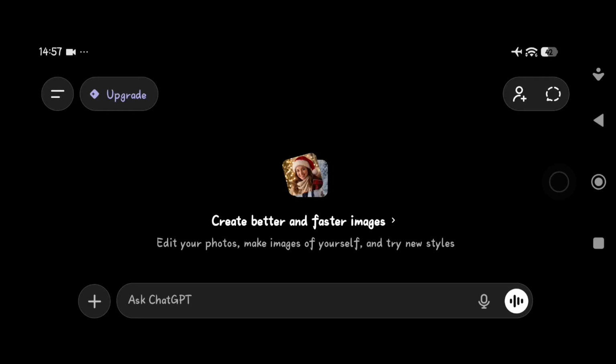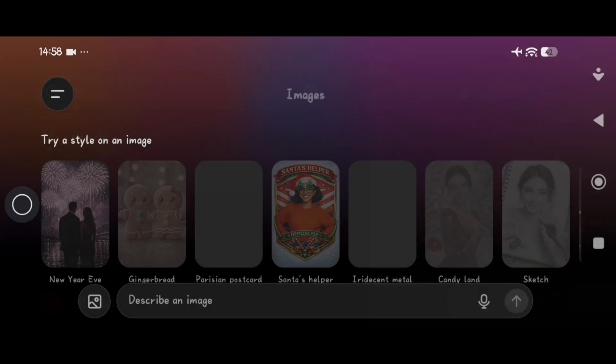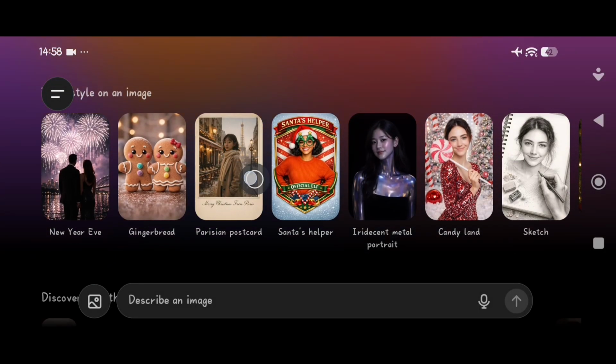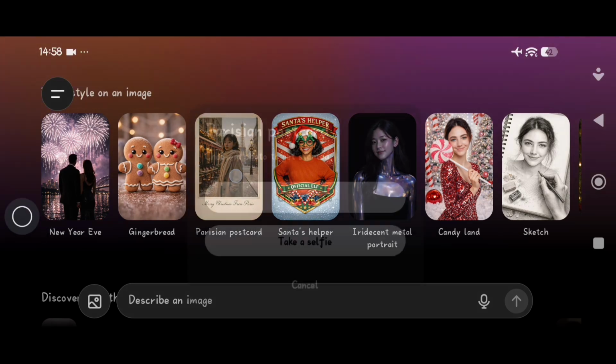Hi everyone, in this video I will show you how to turn a normal photo into an aesthetic Parisian postcard in just 1 minute. First, just open ChatGPT and then tap on the menu icon, this one, and then go to images, this one, and then next just choose the Parisian postcard in the style section, this one, and then next